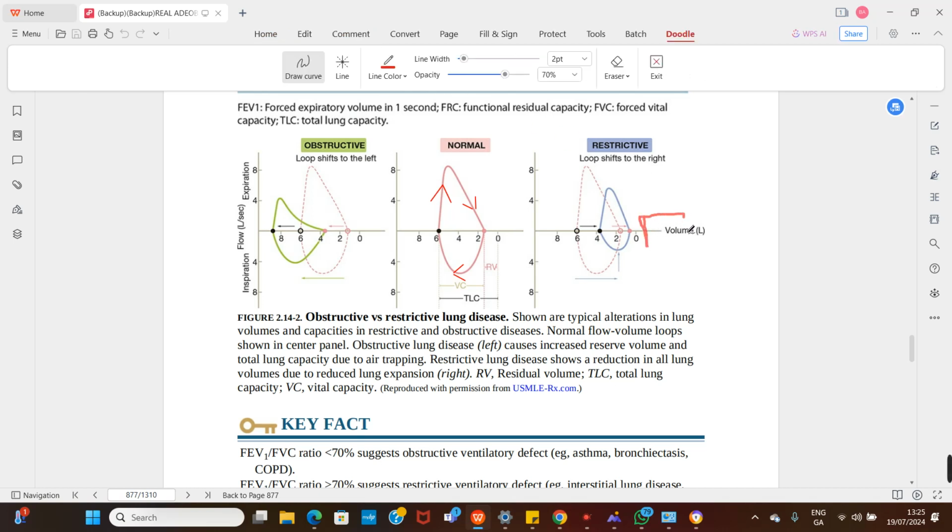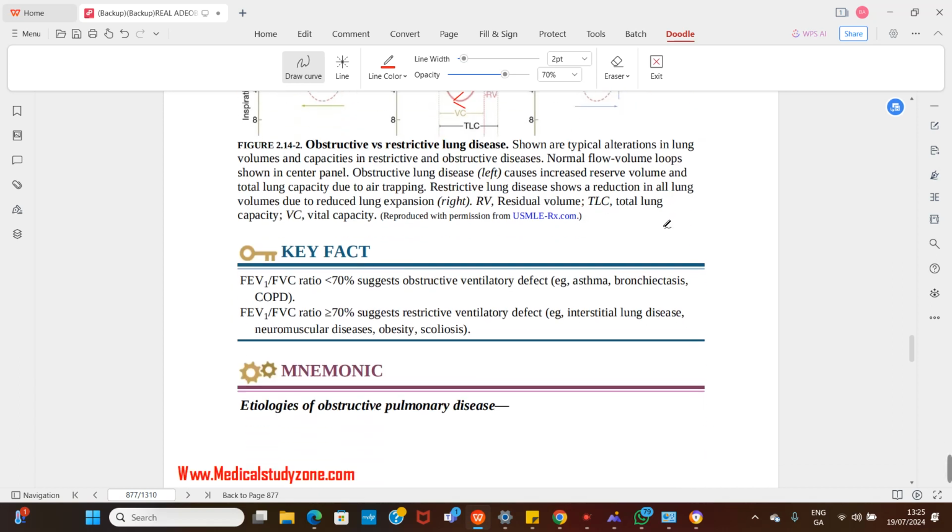So once you see this, don't think about it too much. Once you see this in your exam, of course, this is reduced compared to normal, right? But it doesn't have any sloping. It's just fixed. So this is what you expect in people with tracheal obstruction or bronchial obstruction. Once you see this fixed obstruction, just go and pick your answer and move on. So don't forget,